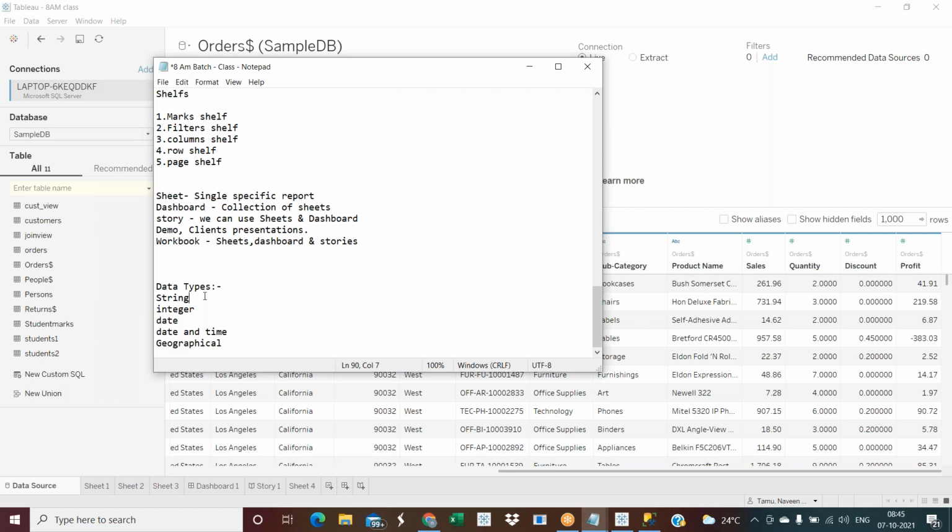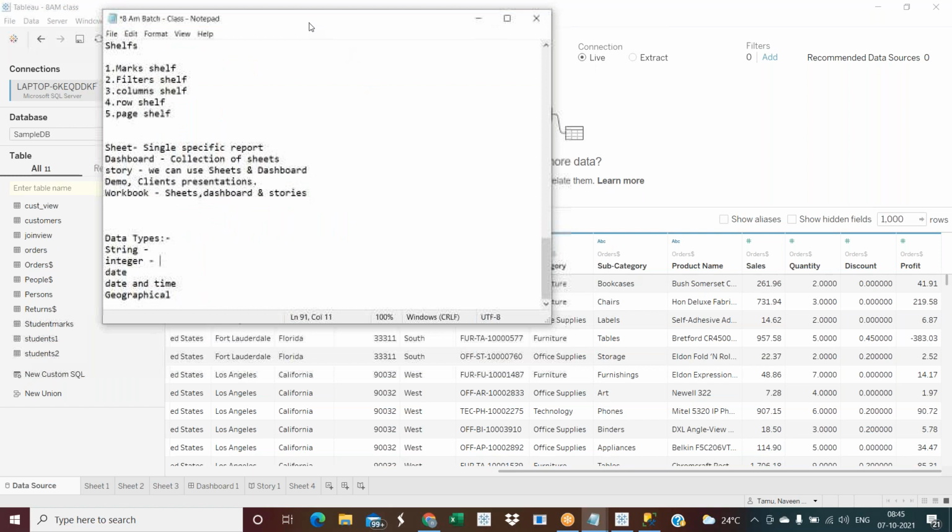So these are the five data types Tableau supports. Can anyone tell me what is meant by string, or what is meant by integer? It would also save my time.